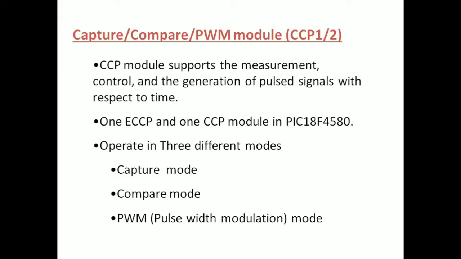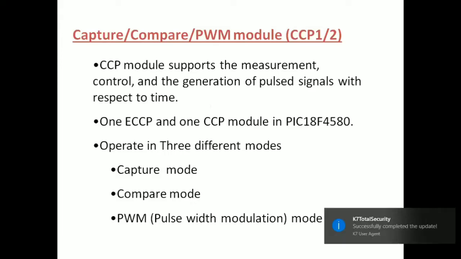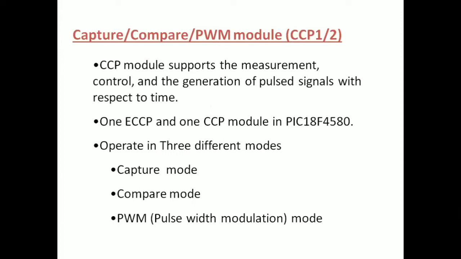In the 18F450, we have two CCP modules: one is the ECCP, and the other is called the CCP module. ECCP stands for Enhanced Capture Compare PWM module, and the CCP module is the common CCP module. The difference between the ECCP and the CCP module of the PIC 18450 microcontroller is that in the PWM mode of operation, the ECCP module has additional capability. That means you can generate 4 different PWM signals with the help of the ECCP module.